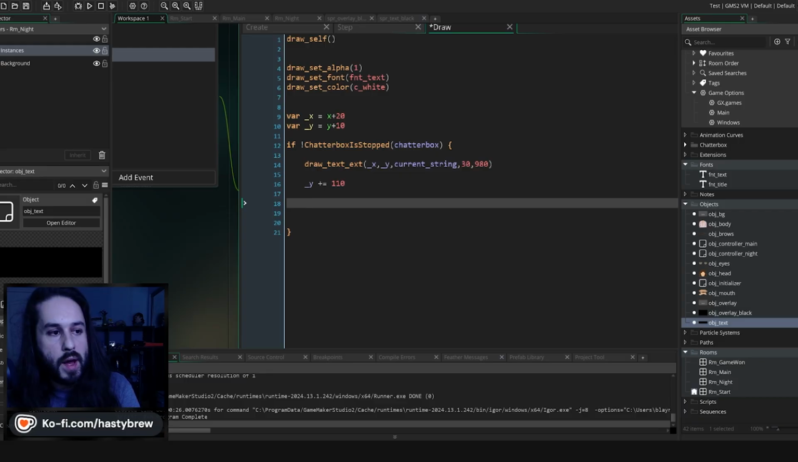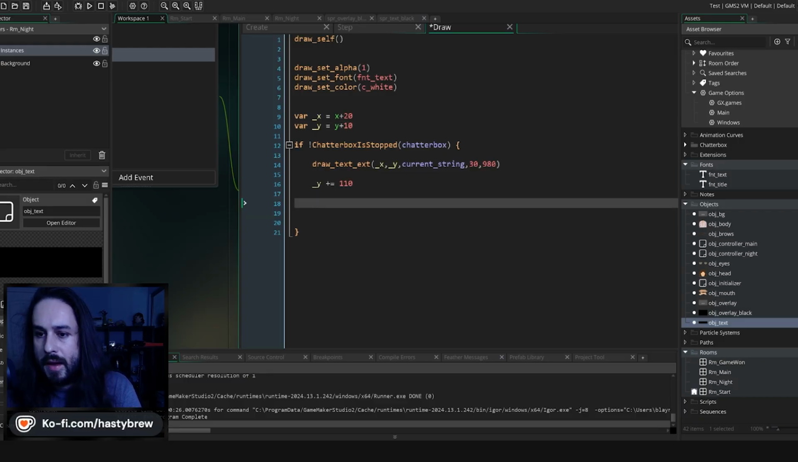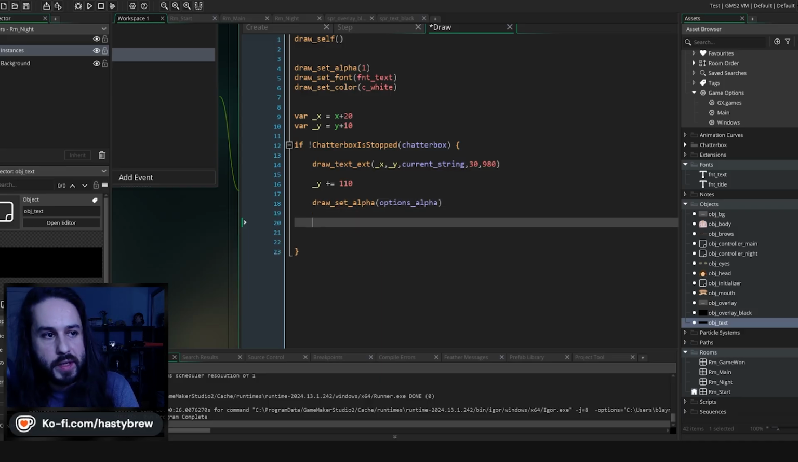Increasing the y so that we can, why isn't this, there we go. Then we want to create a new alpha, or have everything that follows this fall into that alpha. So